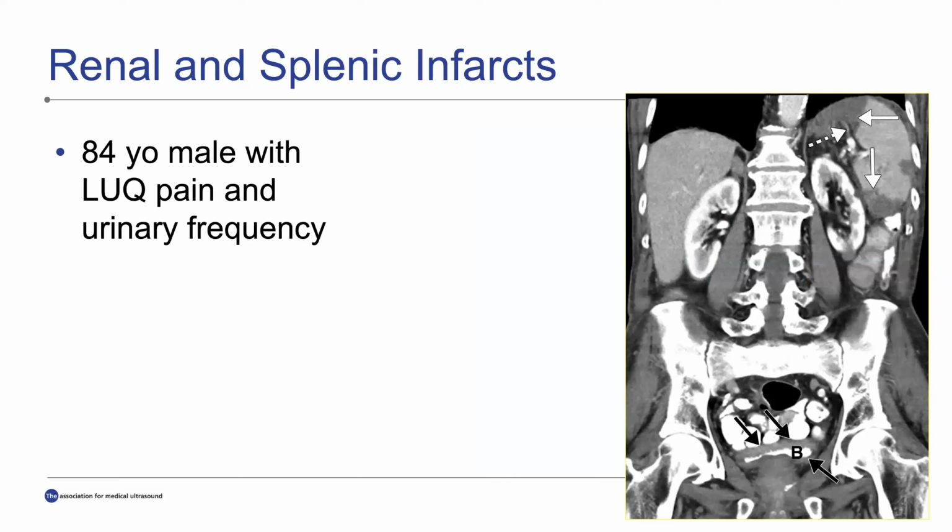Here's an 84-year-old male with left upper quadrant pain and urinary frequency. Here we see arrows pointing to these defects in the spleen. Here we are, left upper quadrant, right? Here are the kidneys, and we see defects in the spleen and the kidney in this patient that has multiple infarcts. If you look down below here on this coronal CT scan, you can see that there is some involvement